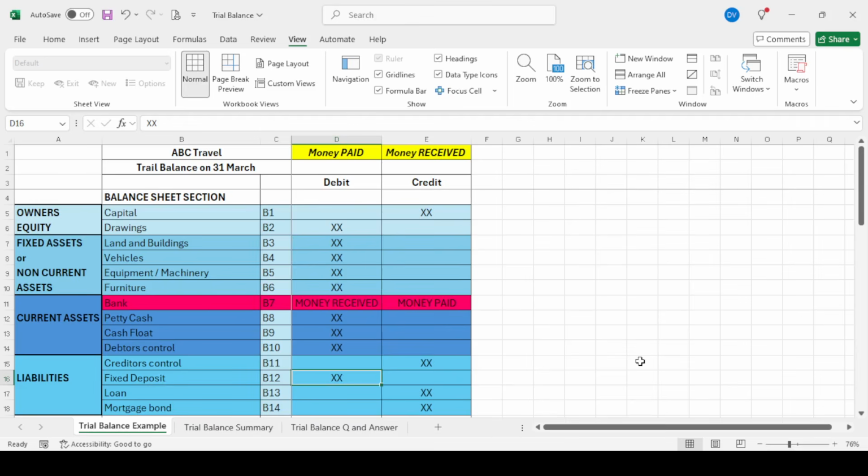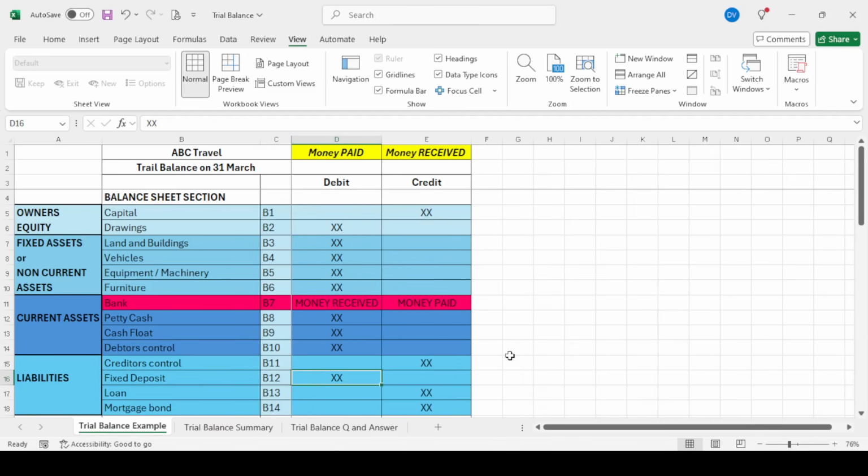However, the money does go out of your pocket, out of your bank, into this fixed deposit account, and you don't have access to it for a certain period of time. It can be 2 years or 5 years, depending on the options that you choose. So yes, the money is still yours, you are making money from that money, but for now, the money has left your pocket. That's why we put fixed deposit under money paid.